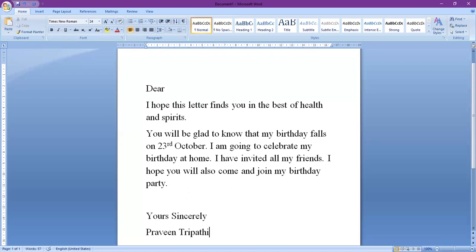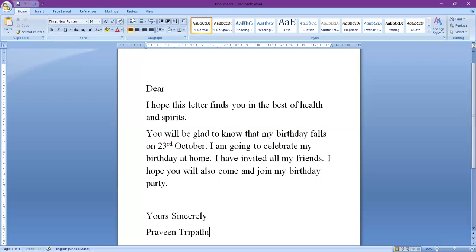So what is this? This is my main content which I'm going to send to my multiple recipients. This main letter will be the same. I will not change this thing. So now I have to send this letter to more than one person. Now I have typed my main document. Now it's time to understand how you can create the data source.